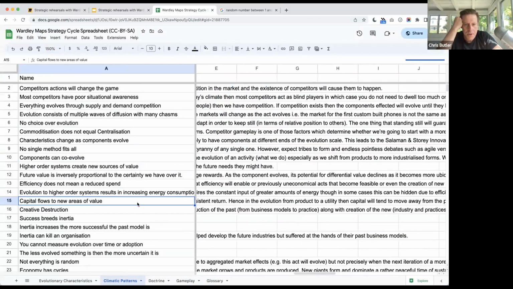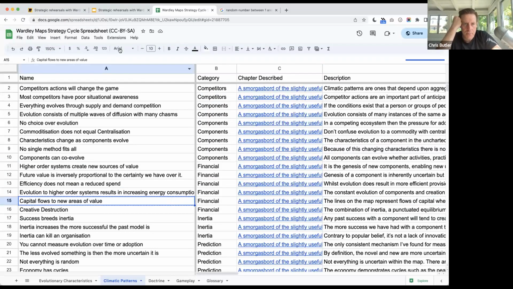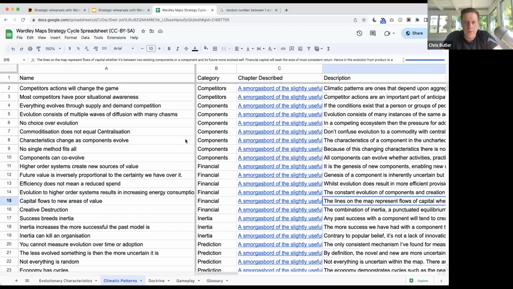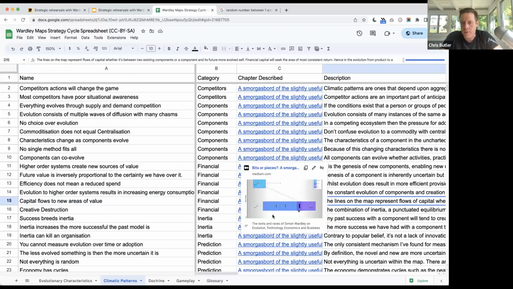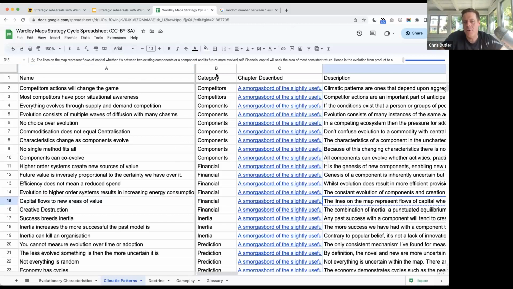So let me post this into the chat so everybody can have it, but I want you to now take a moment and think about what this means if this pattern started to happen. One, how would you contextualize it? What would that mean to you? And then two, how would that change the way that you're actually thinking about your strategy and the map that you have? What changes would you want to make? So I'll let everybody read this for a second and think about it.